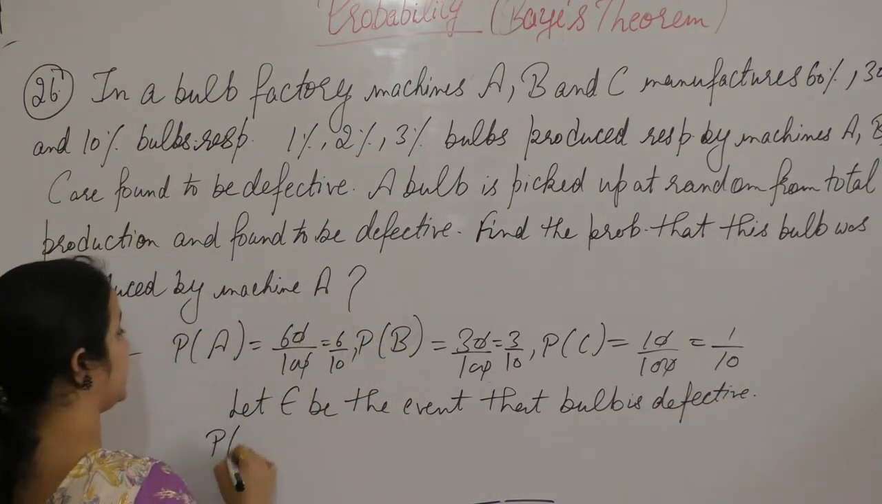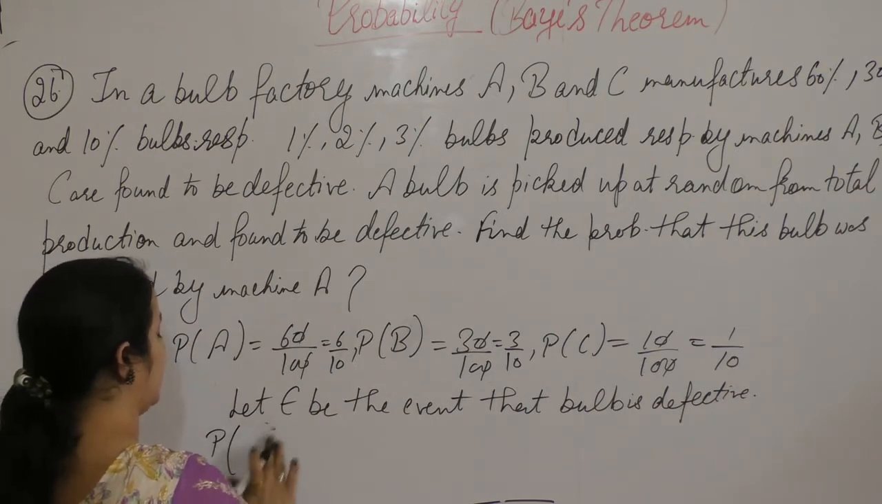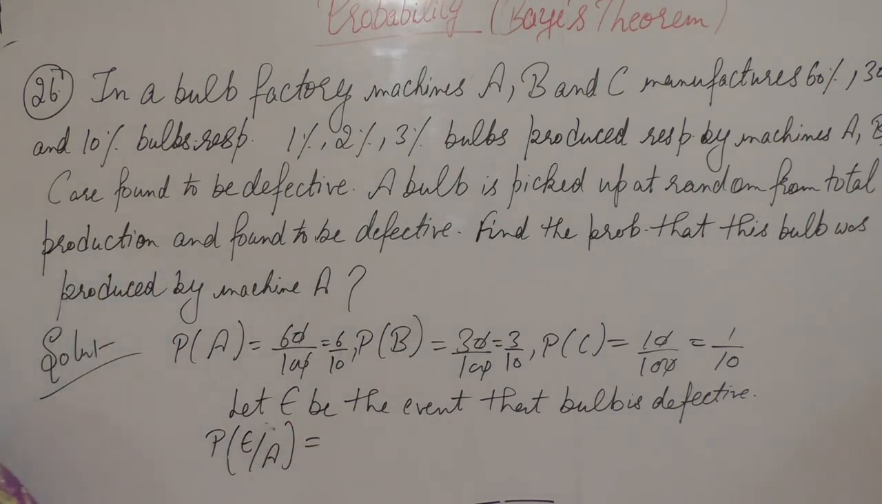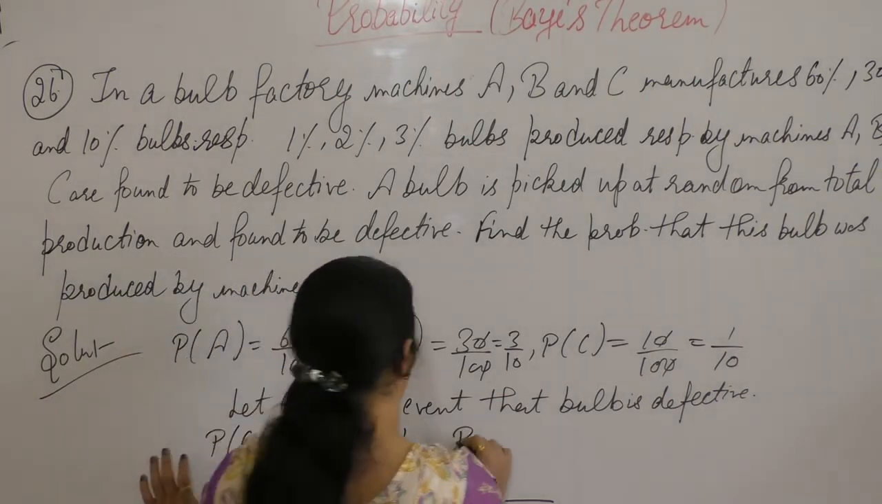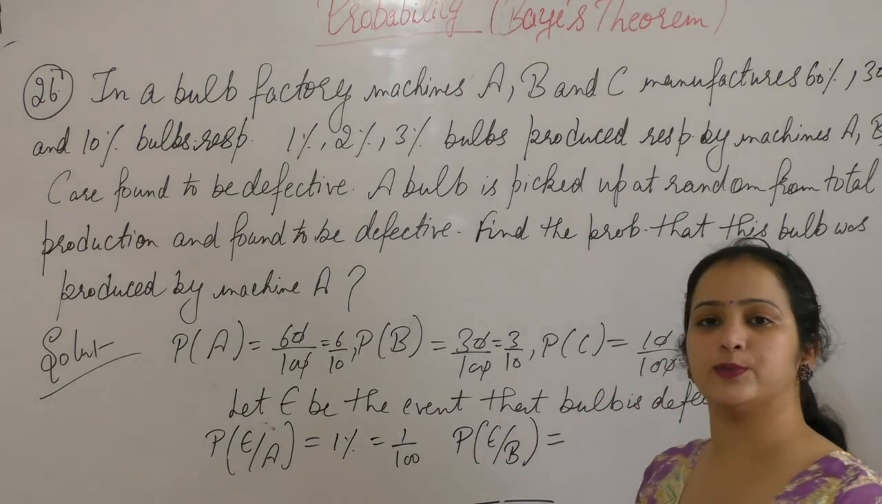So probability of E upon A, the defective bulb that is produced by machine A, that is 1%, 1 by 100. Probability of E upon B, the defective bulb that is produced by machine